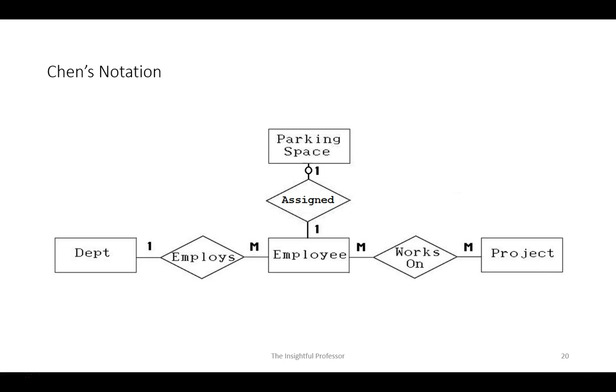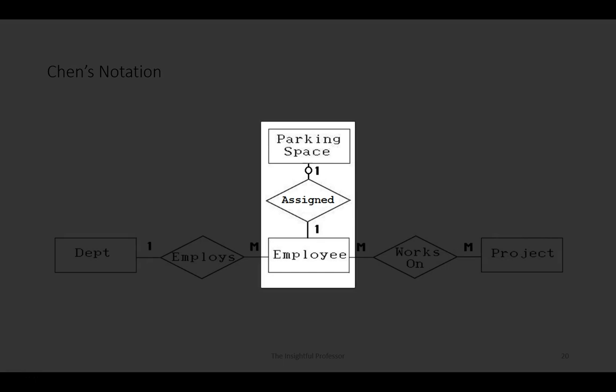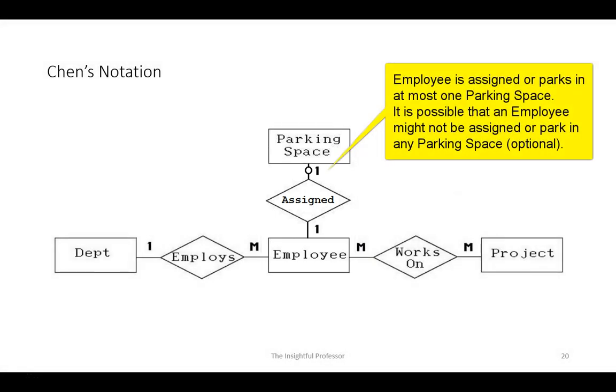In general, a 1 or an M for many. In the case of the binary 1-to-1, here we changed it a little bit from what we originally introduced, because previously we had not discussed existence or optional participation of an entity type. It's important to recognize that in a 1-to-1 relationship, that is likely to occur for at least one of the entity types. Therefore, we expand our diagram here to show that an employee may park in at most one parking